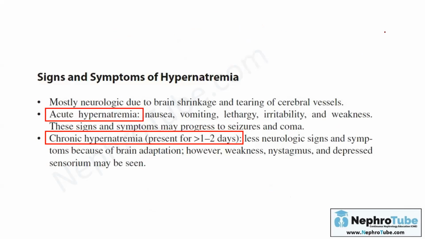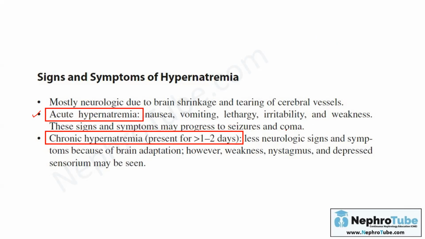Does the onset of the development of hypernatremia affect the severity of the symptoms? The answer is yes, the same as in hyponatremia. In any change in our body, the acute change is usually more aggressive than the chronic gradual change, as in chronic gradual changes there is some sort of adaptation from our body, whatever the mechanism of the disease. So in case of acute hypernatremia, you will find more severe symptoms such as nausea, vomiting, lethargy, irritability, weakness,